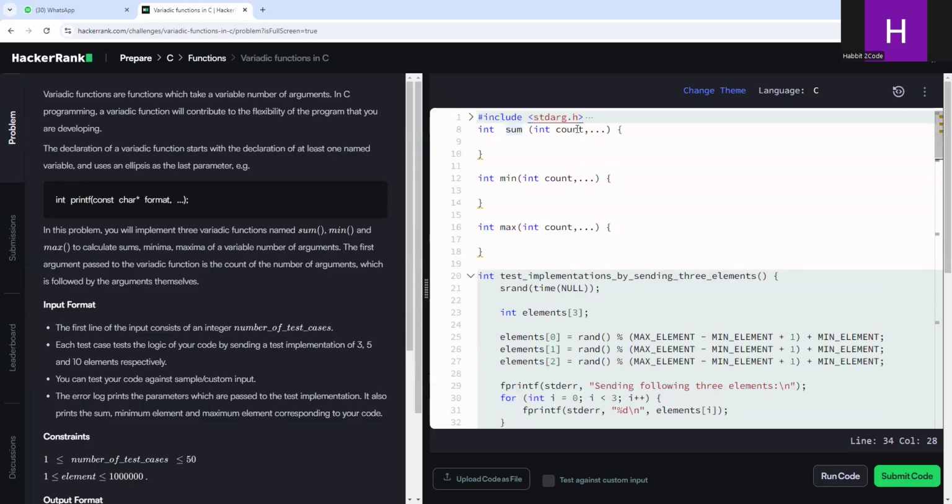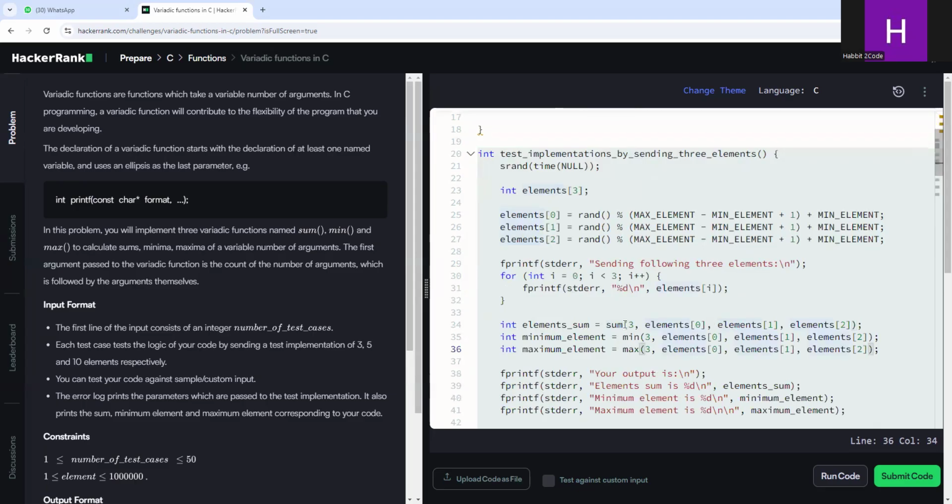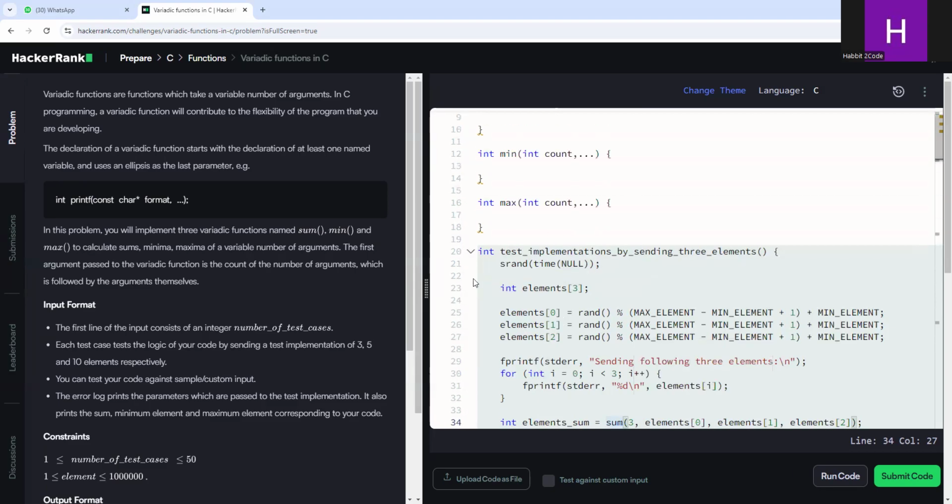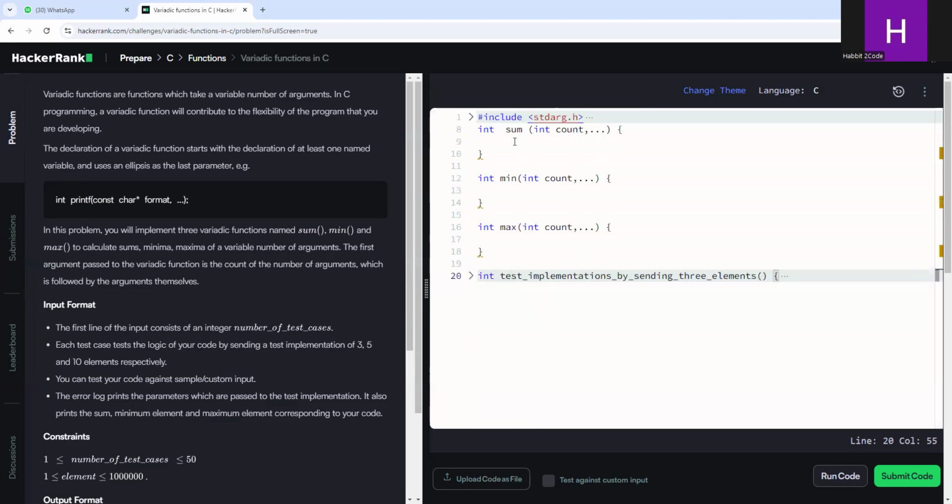That 3 will be copied into this count, saying that they are sending 3 arguments. It is not that they have to send only 3. If the array is of size 100, it may come as 100. So our task is to write the definition for the function sum, where it has to calculate the sum of all the arguments supplied in the variable argument place, and we have to return the result. For that, what we have to do is